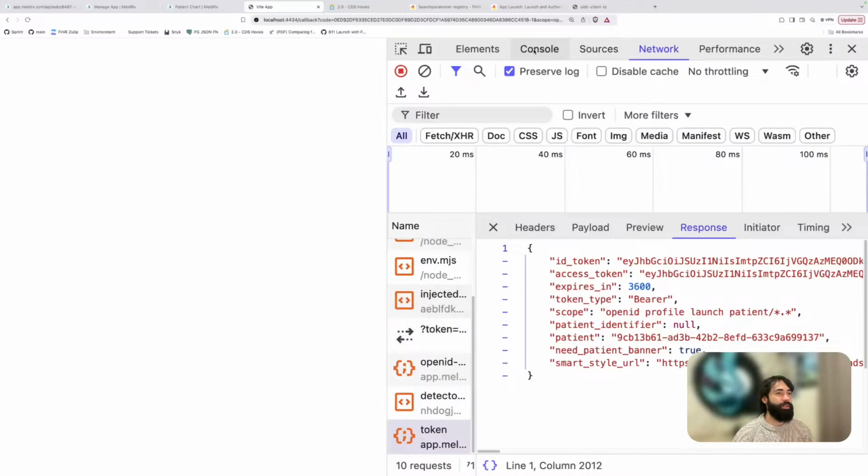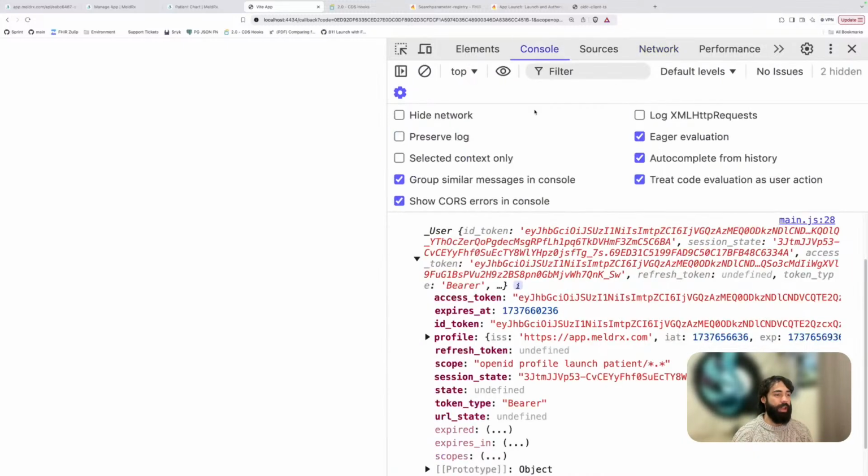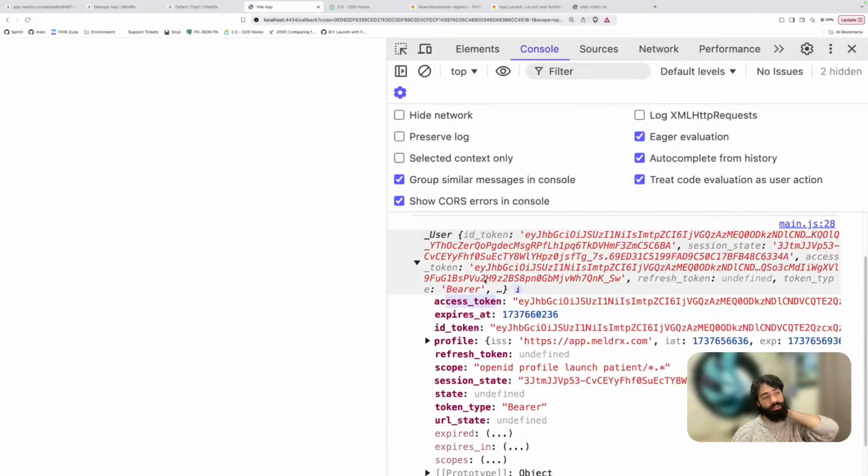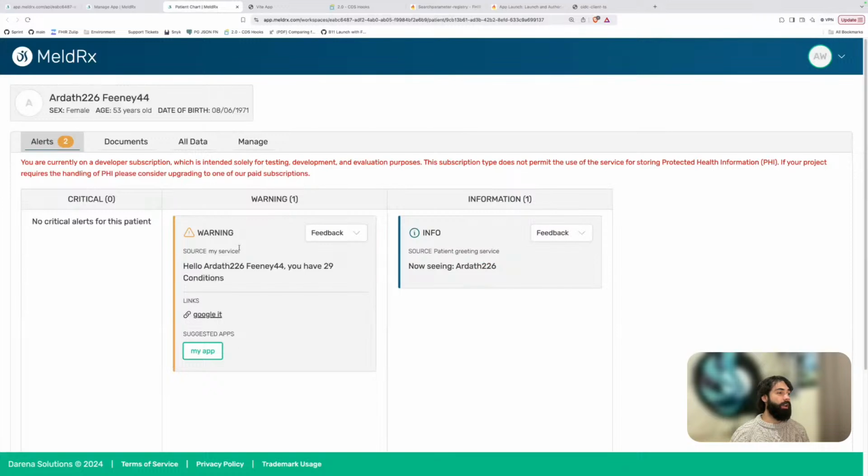So where did we leave off? We effectively have the access token, whatever user we have, the access token over here. Now all that's left is to call the API, and the purpose here is really, you have your card, which is